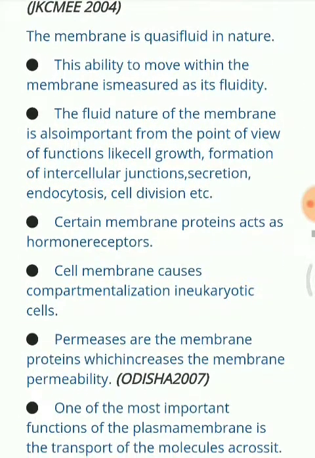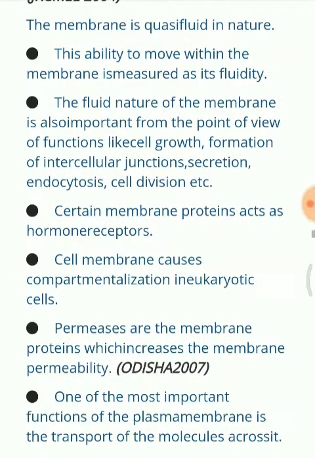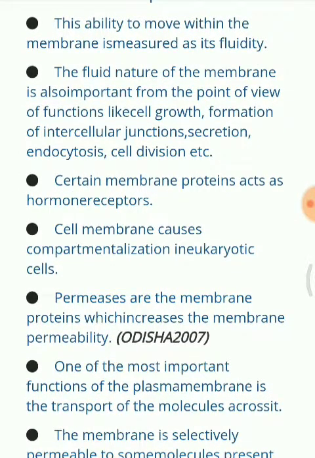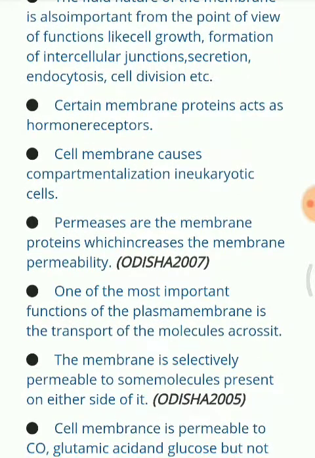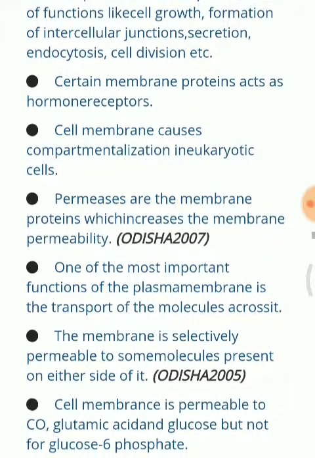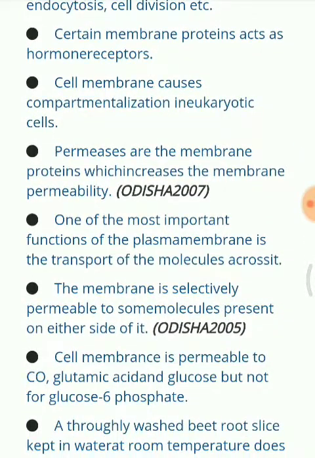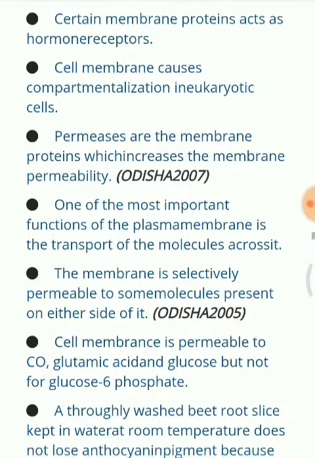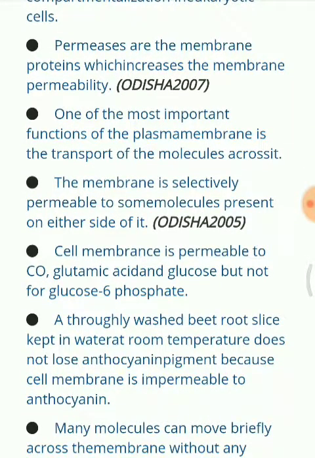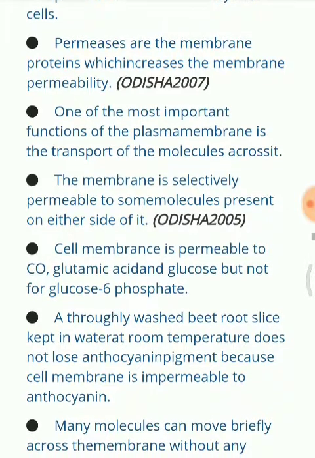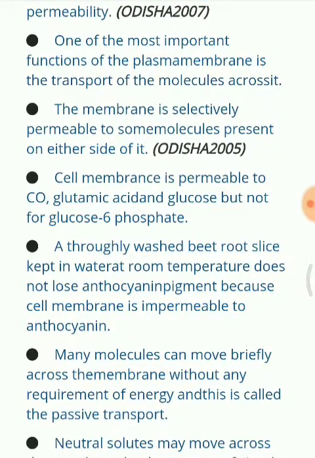Cell membrane causes compartmentalization in eukaryotic cells. Permeases are the membrane proteins which increase the membrane permeability. One of the most important functions of the plasma membrane is the transport of molecules across it. The membrane is selectively permeable to some molecules present on either side of it. Cell membrane is permeable to CO2, glutamic acid, and glucose, but not to glucose 6-phosphate. A thoroughly washed beetroot slice kept in water at room temperature does not lose any anthocyanin pigment because the cell membrane